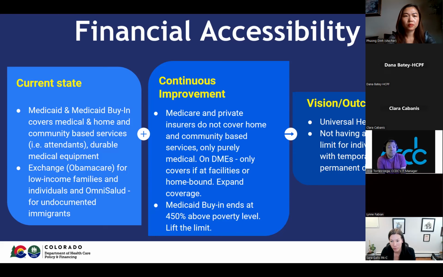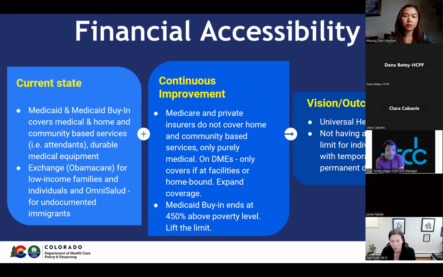So we need to expand coverage, because if you remember, I think it was three years ago, when Biden won the elections, there were candidates saying Medicare for all. Well, we told them no, it's Medicaid for all, because Medicare does not cover